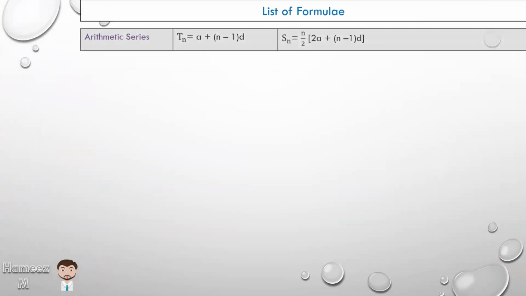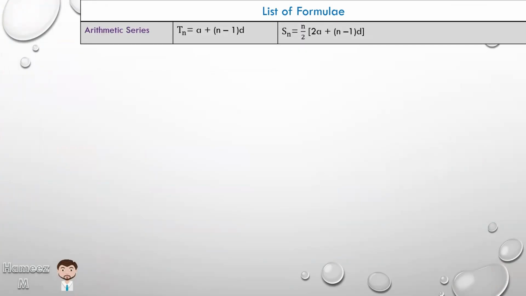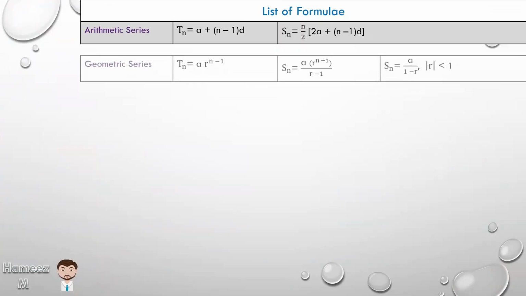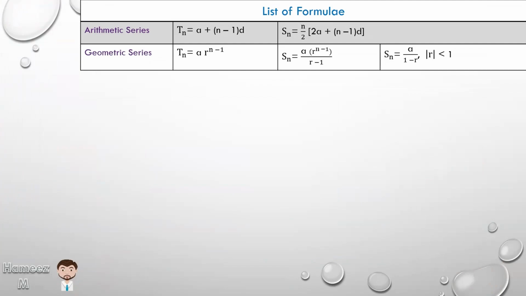Let's now look at what is provided in the examination, which is a list of formulae. The first formula will be on the topic of arithmetic series, meaning APs. We have T_n, which gives us a formula to identify the nth term, and also a formula to give the sum of the n terms, S_n. The geometric series gives us T_n, the nth term we can identify in the geometric series, the sum of the first n terms, and in the geometric series